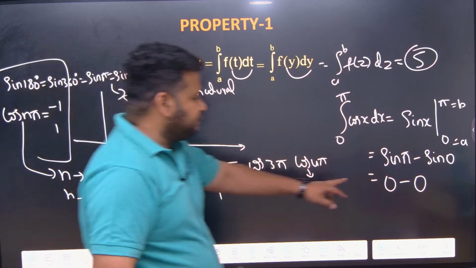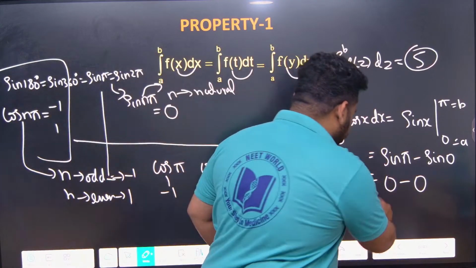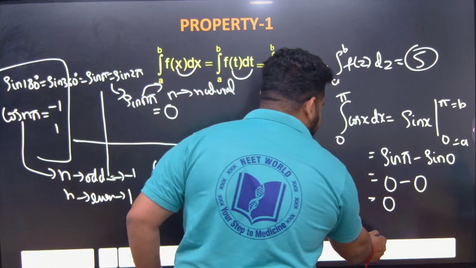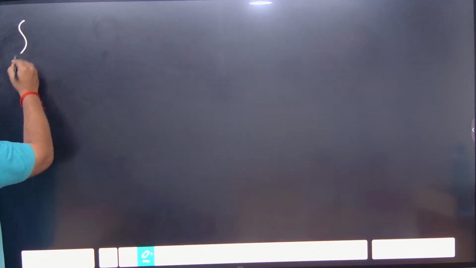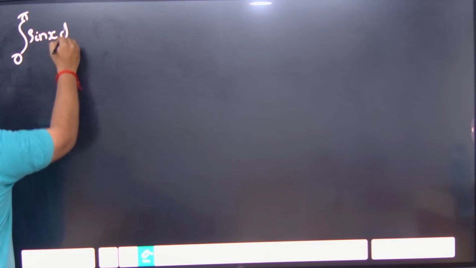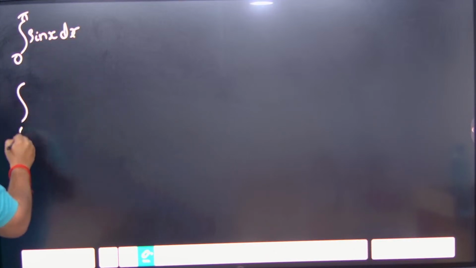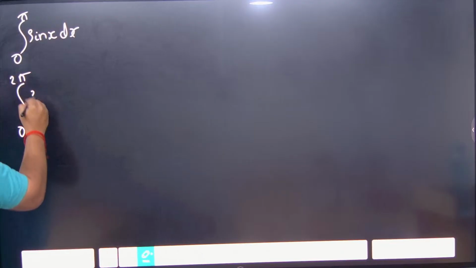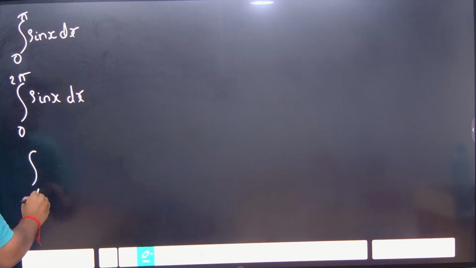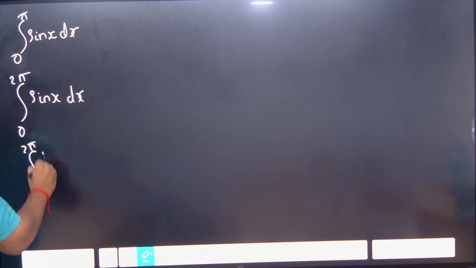Now based on that, if you see sin pi is 0, 0 minus 0, this value will get it as what? 0. Now suppose they ask you to find other values like integral of 0 to pi sin x dx. Similarly, if they ask you to find 0 to 2 pi sin x dx, and if they ask you to find 0 to 2 pi mod sin x dx,